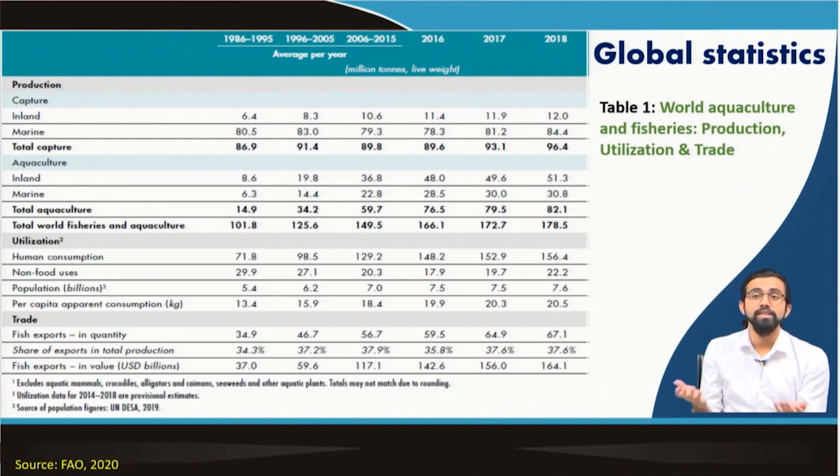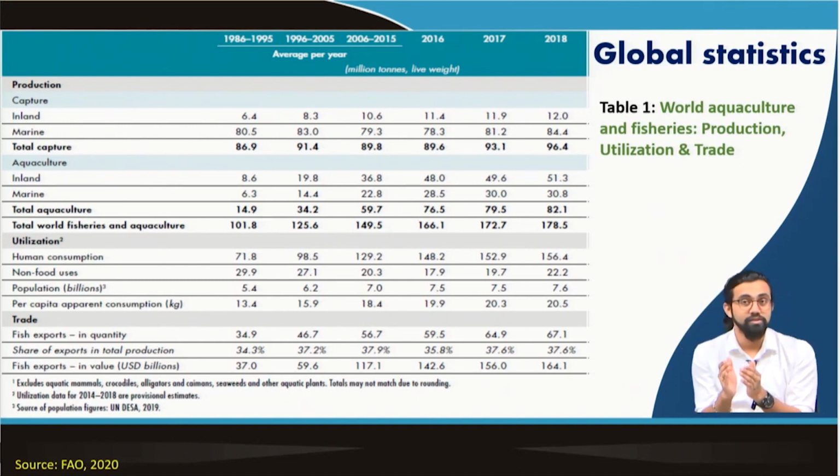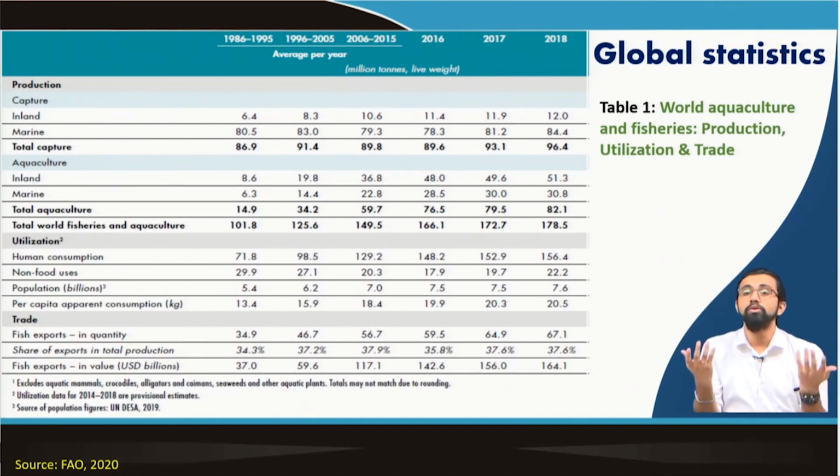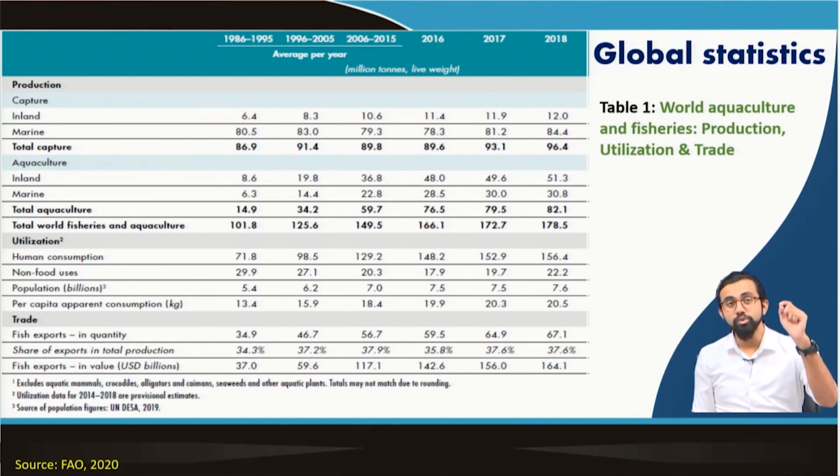It's the same as renewable and non-renewable energy sources. Fossil fuels have their limitation. We have a specific amount of fossil fuels reserved in the earth. You cannot just keep on extracting and expect it to come out of nowhere. That is why capture fisheries is almost at the same stage as 30 years back,